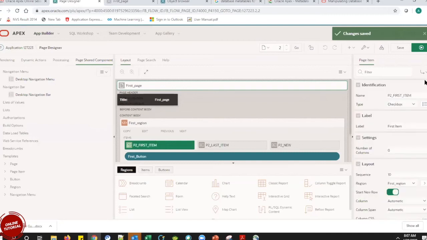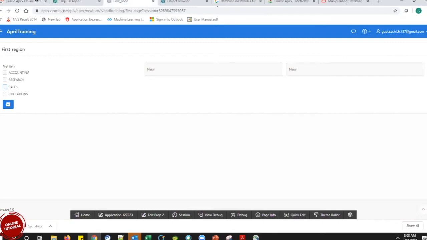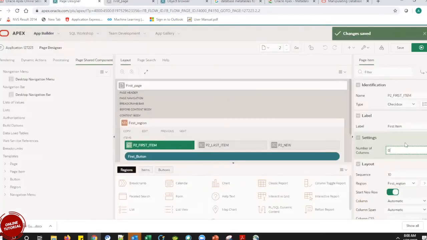Okay, give me some time and I'll get back to you, because this is the setting where we restrict how many columns we want to be selected. But now, even if I keep a zero, it's still allowing me to select. I am not sure why it is giving me this error. Why is this problem coming? I will get back to you once I see it in my system.